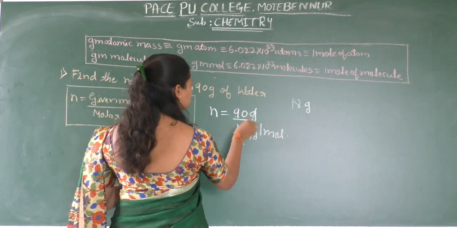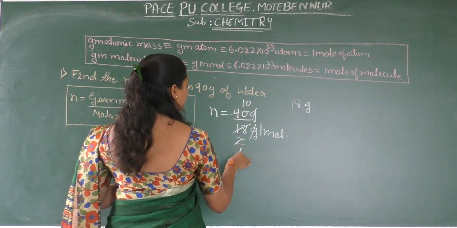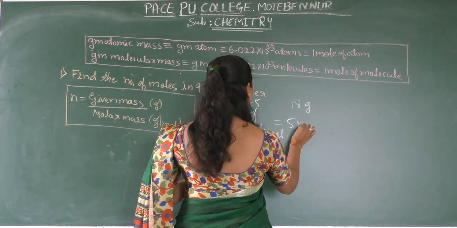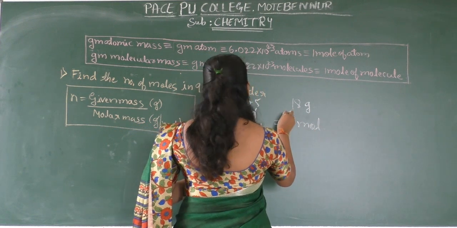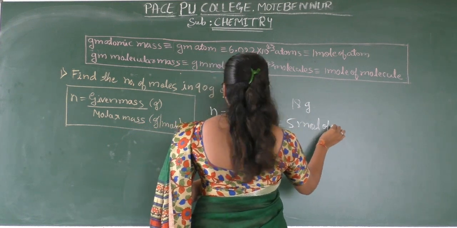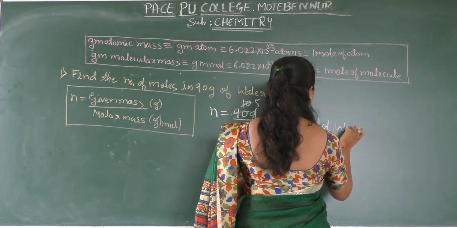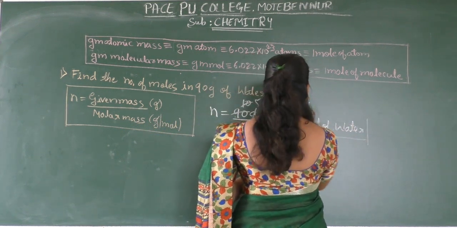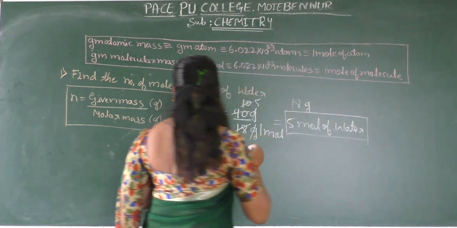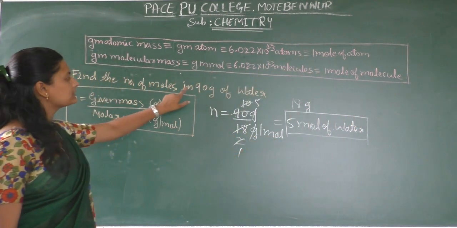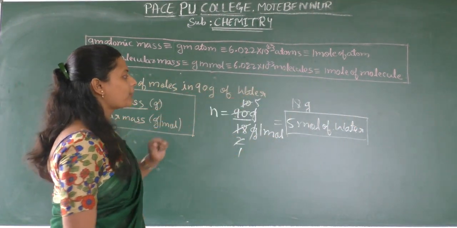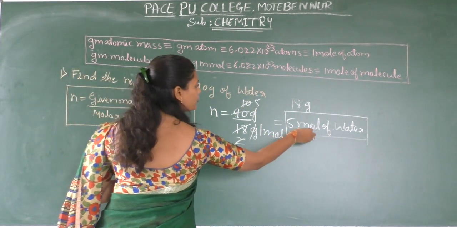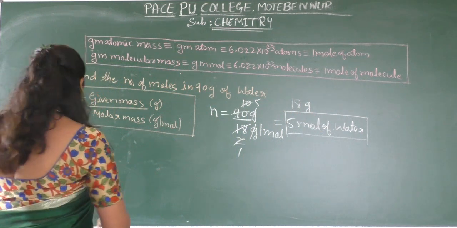So 18 2s are 36, 18 5s are 90, so the answer is 5 mole of water. So this is the answer. Okay, find out the number of moles in 90 grams of water. So here 90 grams of water consists of 5 moles of water. Okay, so next one is